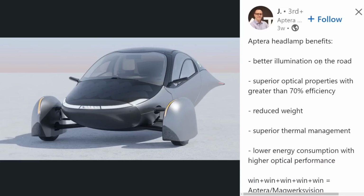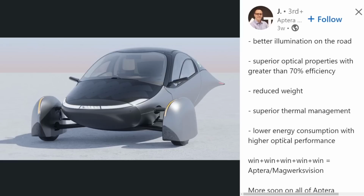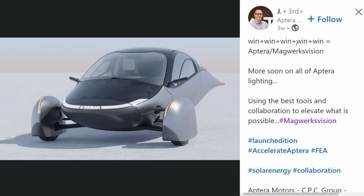Headlight benefits are better illumination, superior optical properties with greater than 70% efficiency, reduced weight, superior thermal management, lower energy performance, and higher optical performance. Aptera Magwerks Vision. So I finally decided to look into this, and I learned more about headlights than I probably